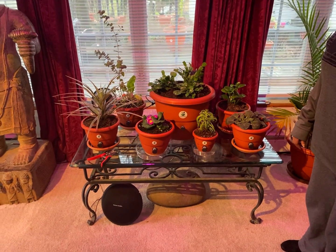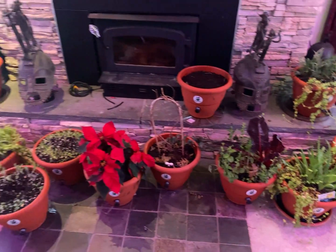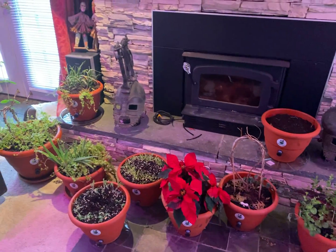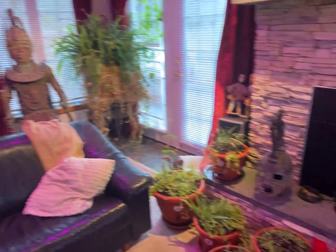So far, so good. And we're going to try a couple more succulents, a couple more shaded indoor plants and a couple more indoor blooming plants. And we'll report back to see how we're doing here